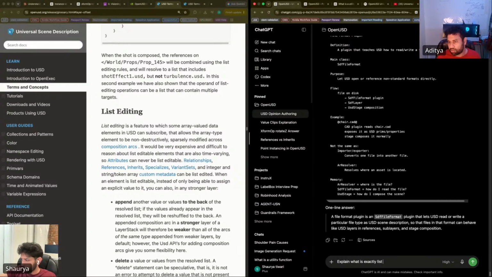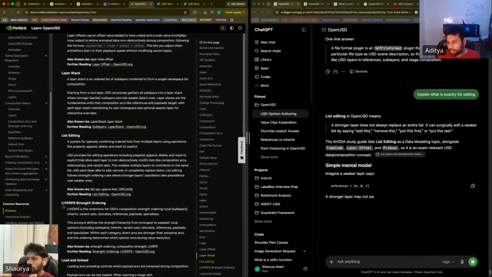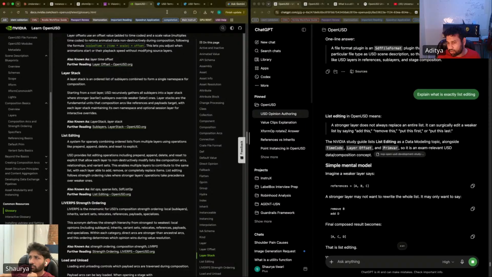SDF layer provides both the document model for layers and an interface by which USD authors and extracts data from layers. The SDF layer interface serves data according to the USD prim property metadata model, but the actual encoding of data in the backing file is quite flexible with the SDF file format plugin interface. What are you reading? Layer right now.